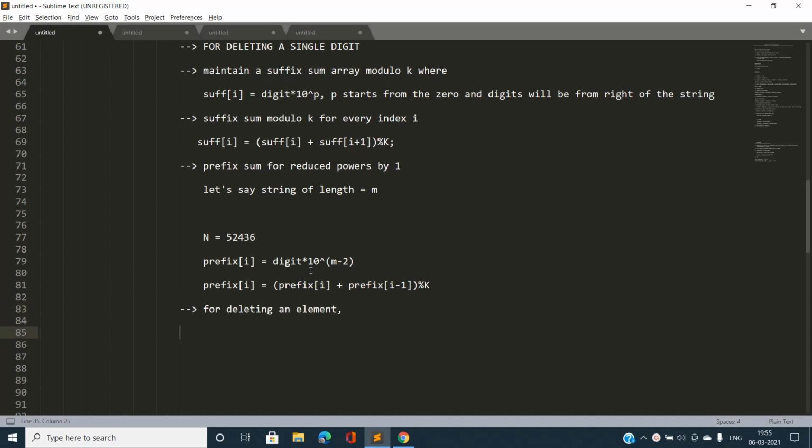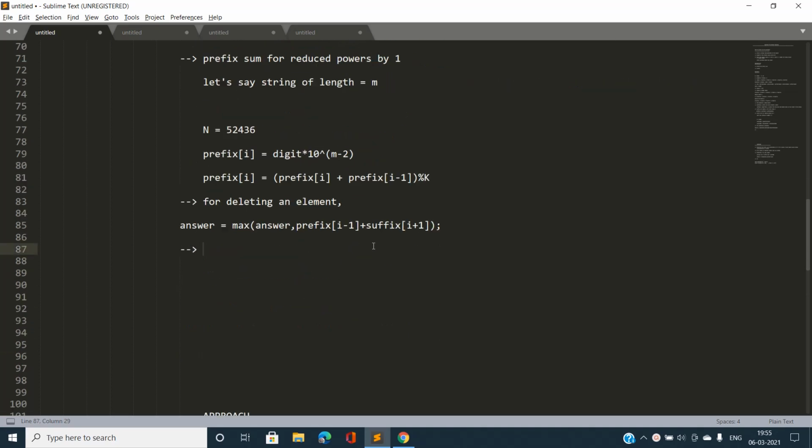Then our answer will be the maximum of the current answer and prefix of i minus 1 plus suffix of i plus 1. Simply note that we need to update the prefix array accordingly as we move to the right.